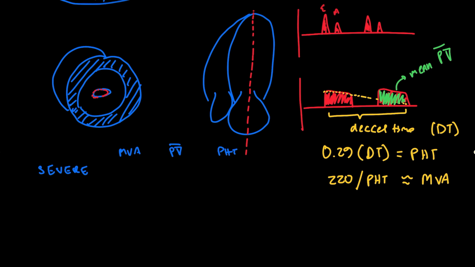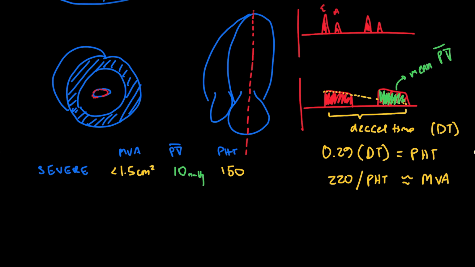It would correspond to a mitral valve area of less than 1.5 centimeters squared. It would correspond to a pressure half time of 150, and if you do the math of 220 divided by 150, that's about 1.5. So those two add up. Or if you're looking at the mean pressure gradient, the mean pressure gradient would be 10